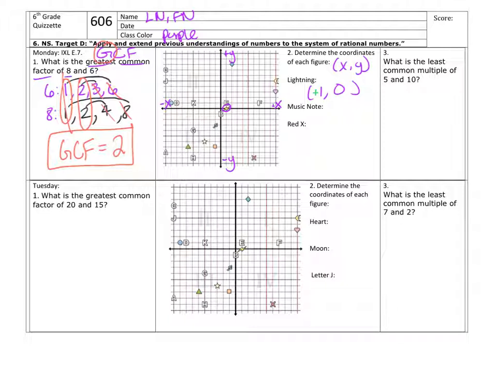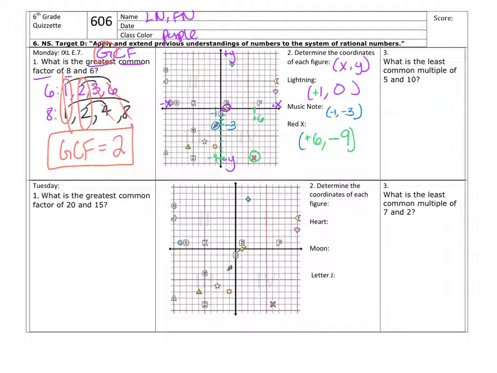The music note is located right here, and that's at negative 1, negative 3. And the red X is right here, and that's at positive 6, and I believe that's negative 9. But let me confirm that. So we have negative 1, negative 2, negative 3, negative 4, negative 5, negative 6, negative 7, negative 8, yep,